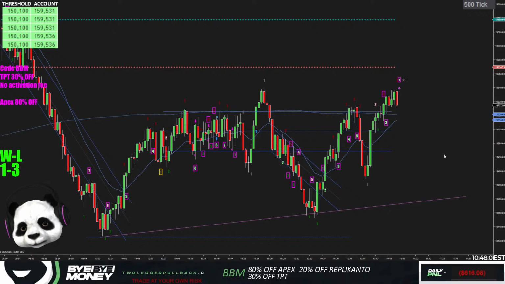2,500 tick trap. This price action is absolute doo doo caca. I can't trade this. Unfortunately, down 616. Man, I really wanted a green day today. I was up 8 hundo, and then after a few losing trades, now we're down 616. The moment you turn to TPT accounts, it turns to doo doo caca. There's not much you can do about it. It's the name of the game.